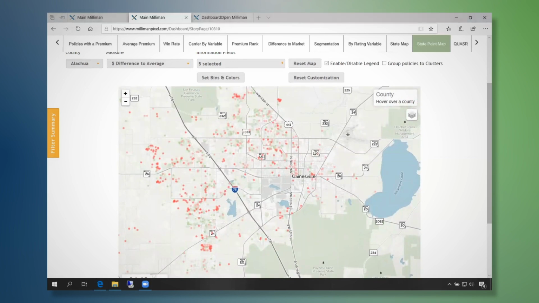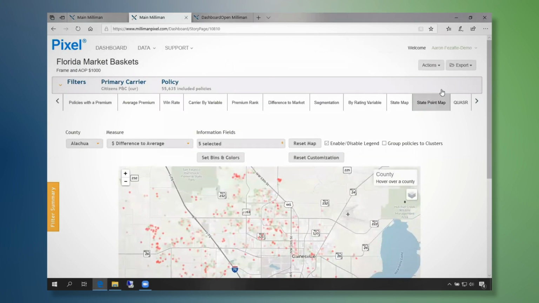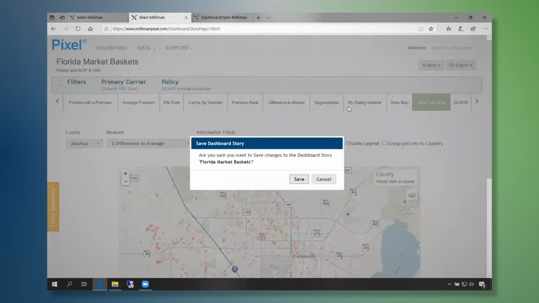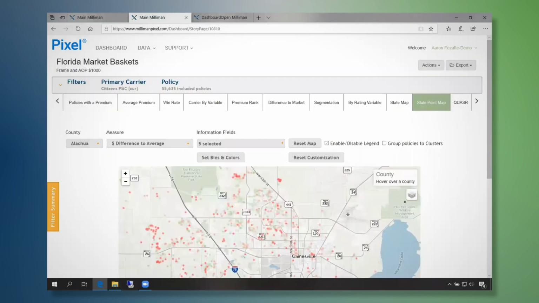So once you've completed your analysis, definitely be sure to save your story. So we didn't change anything, but we can go ahead and just save it again. One thing you may want to do is take all of the different things that you've looked at and actually save it to a PDF.